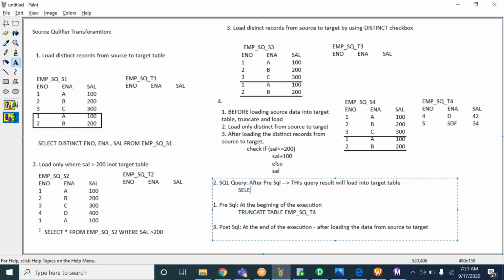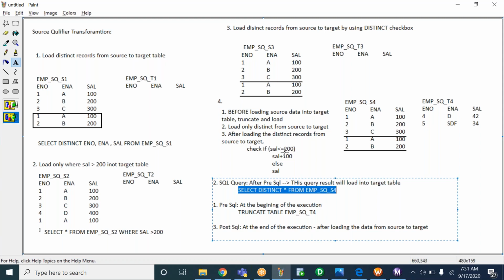So here we write: select distinct employee number, employee name, salary, or whatever columns we have, or you can write star, also fine, from emp sq underscore s4. So from the source, we select the distinct records, and whatever records are returned by this query, those three distinct records, it will insert into the target table.